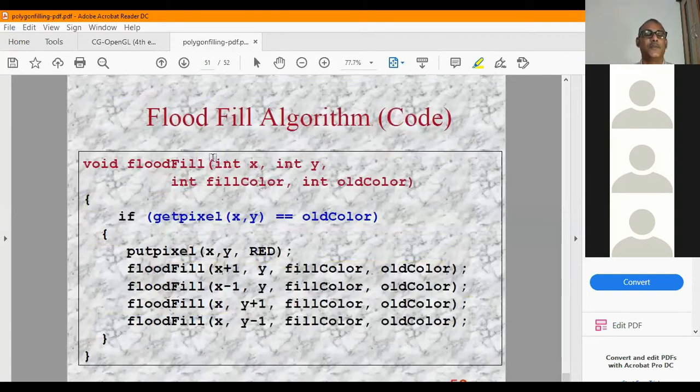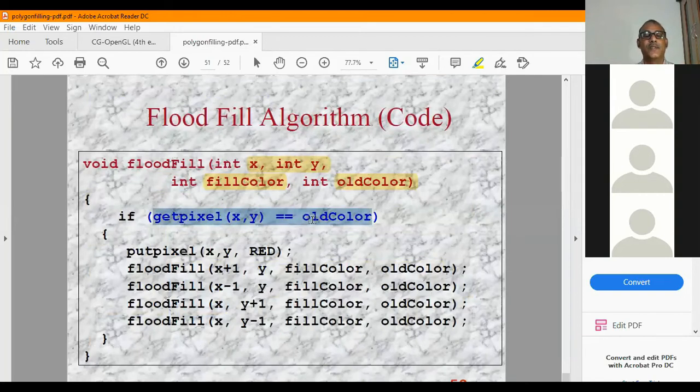Flood fill will look the same. So in flood fill, the seed point x, y is given as input, then the fill color and old color. So the region already has some old color, and I want to replace it with some new color. Because the boundaries have different colors, I will not compare with the boundary in this case.